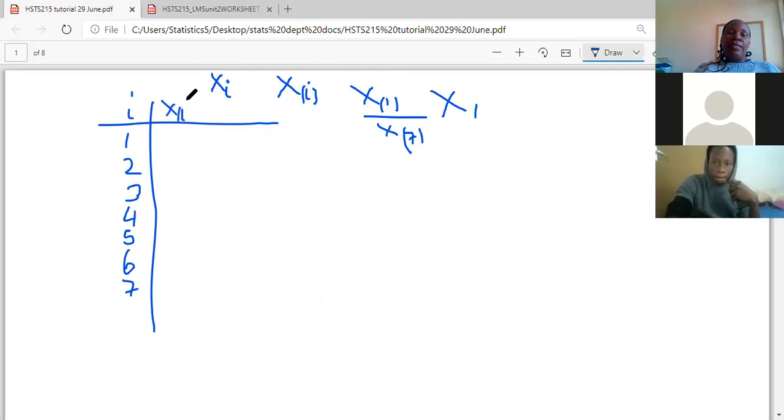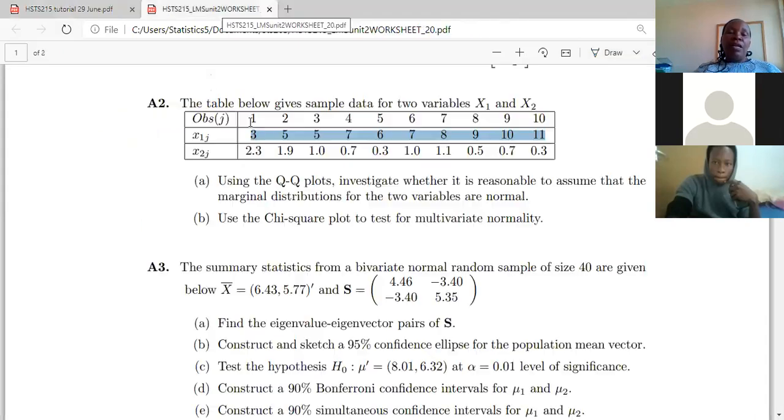I will put it as xi. So the smallest value, if we look at your smallest value, is 3, followed by 5, 6, 7, 8, 9, 10, and 11. So the smallest is 3, 5,